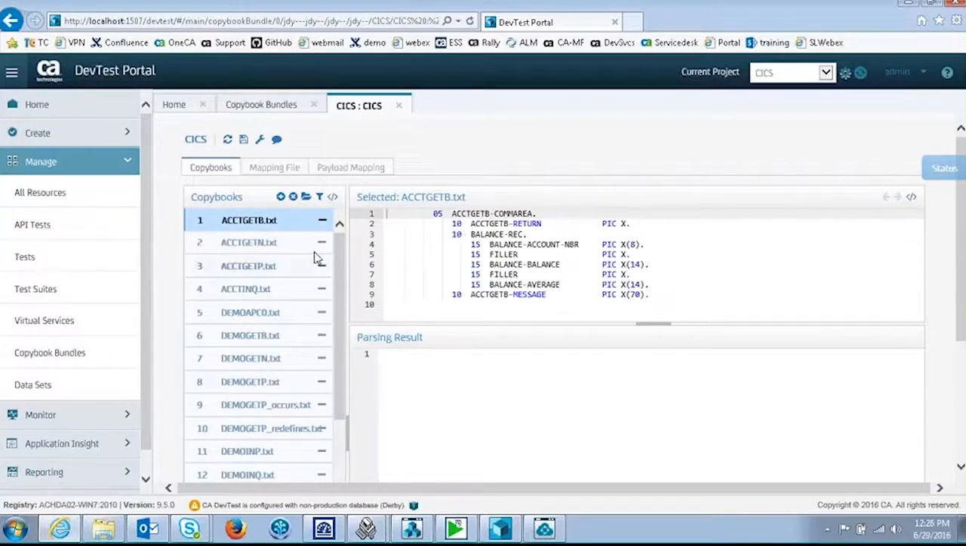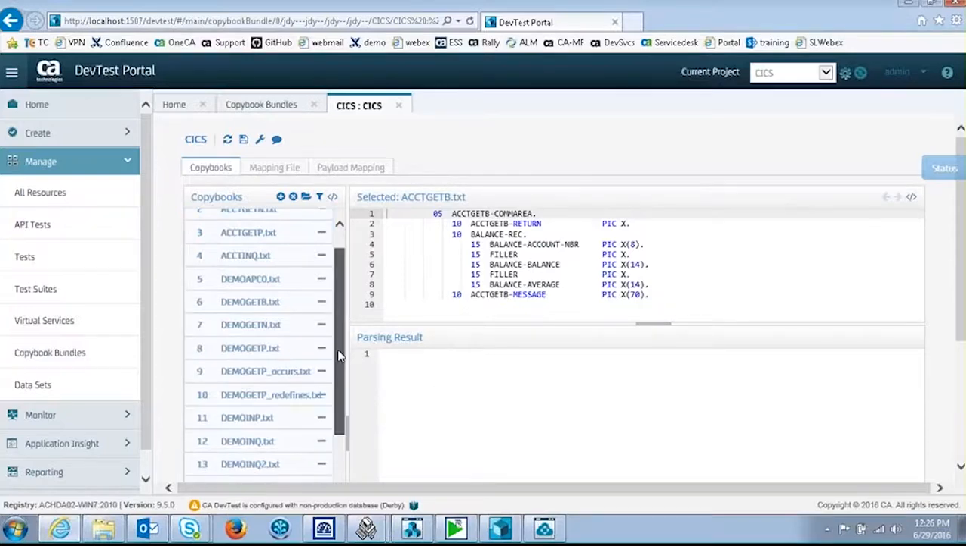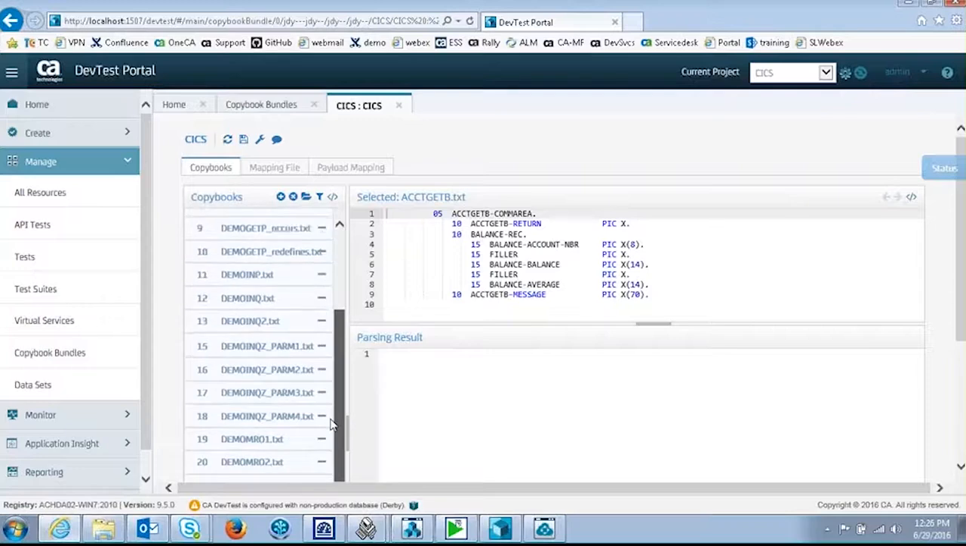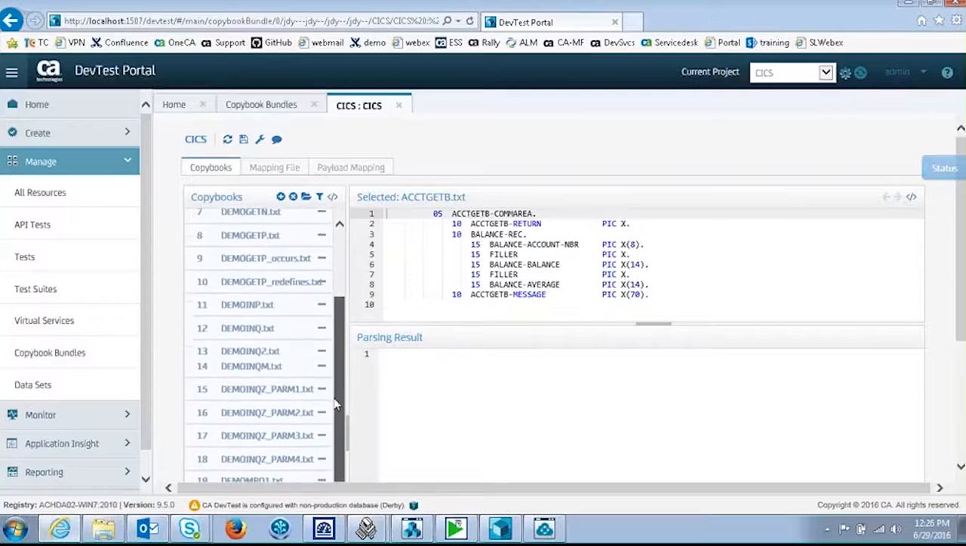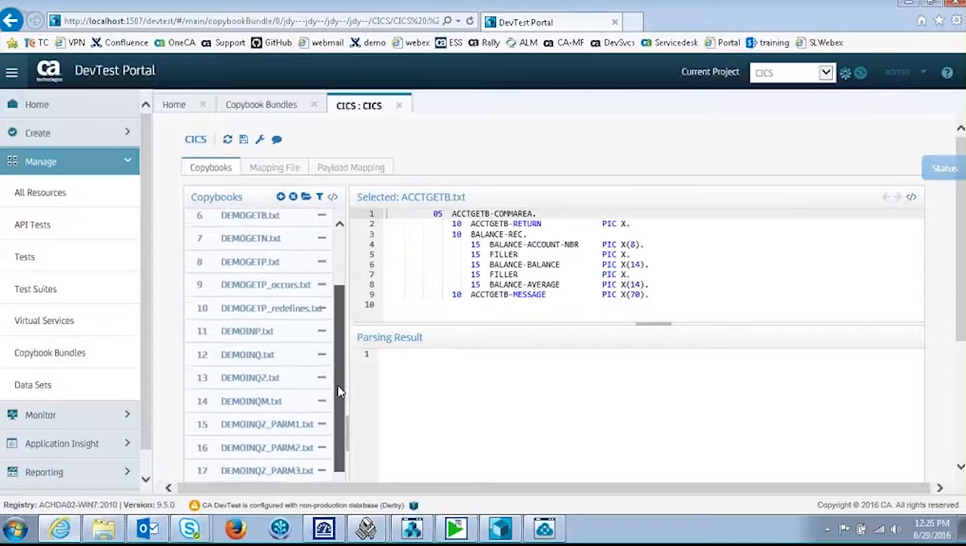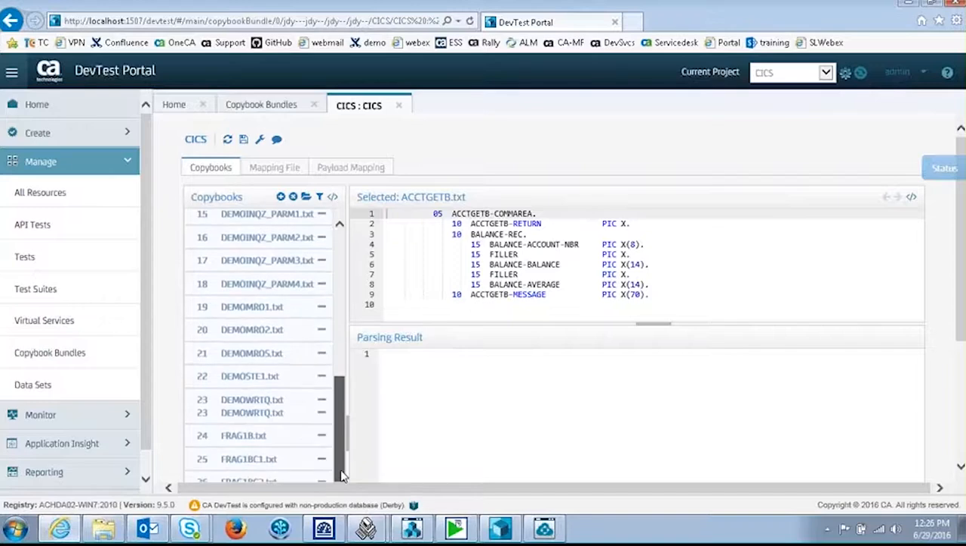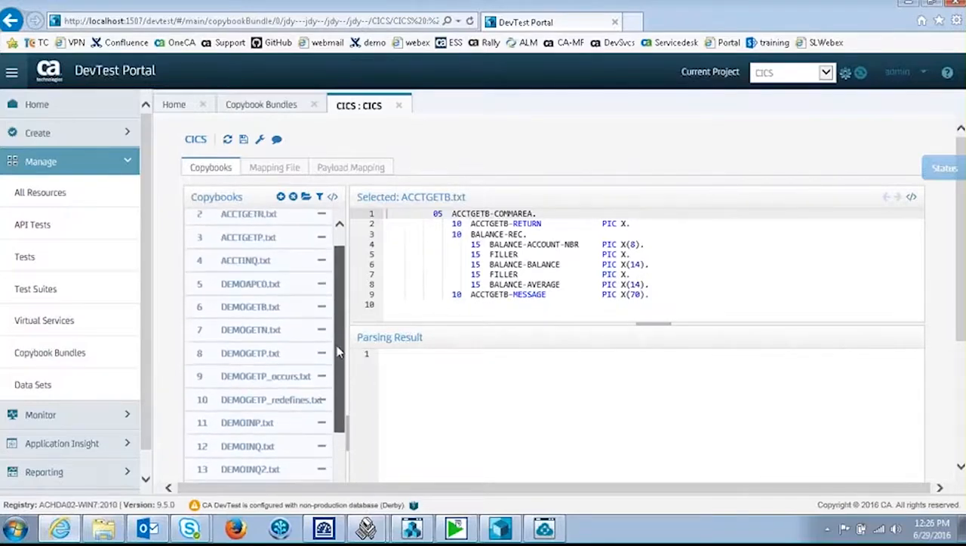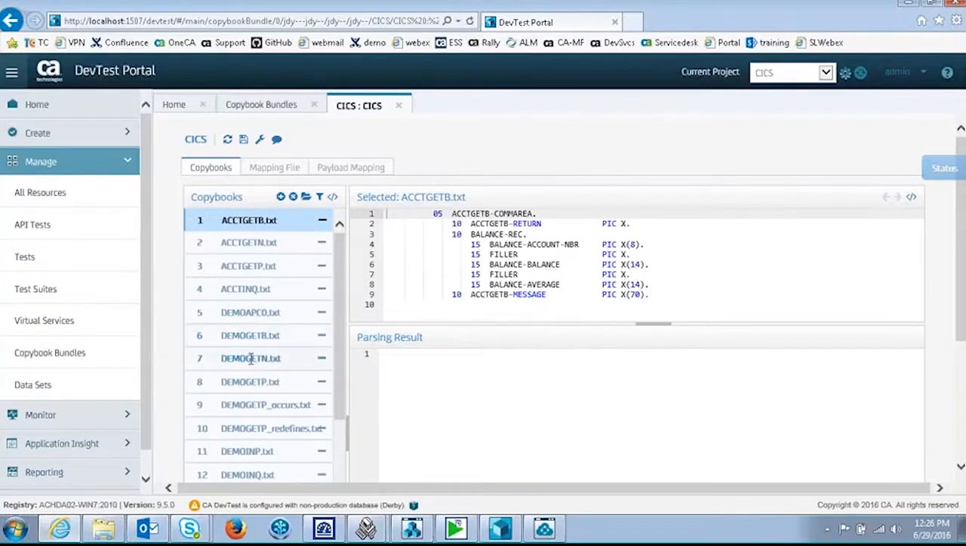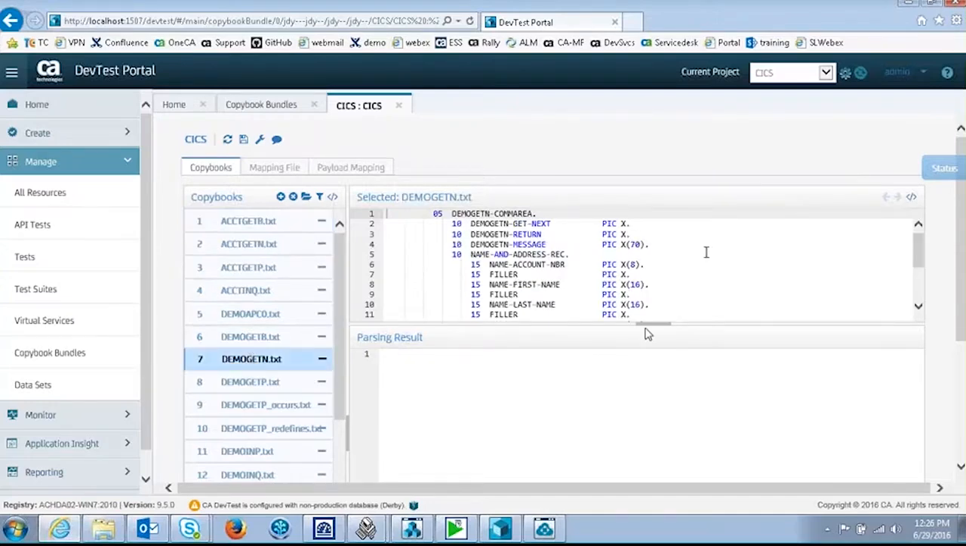And in that, I've got a set of copybooks and a set of mapping files. And this utility exists already to allow me to manipulate and work with copybooks and mapping files to make things a little easier. For example, if I have this one here called demo get n, where did that go? There it is. It shows me the copybook,